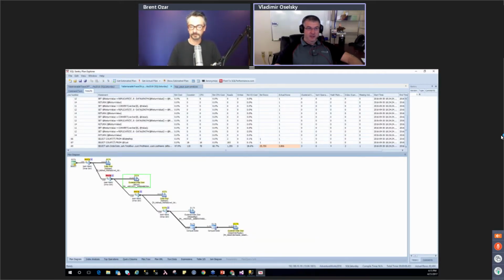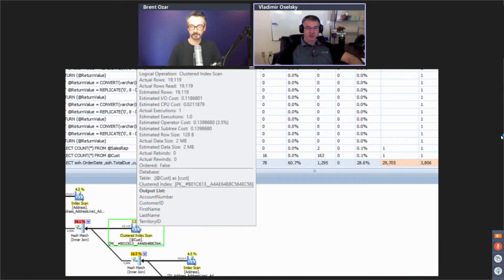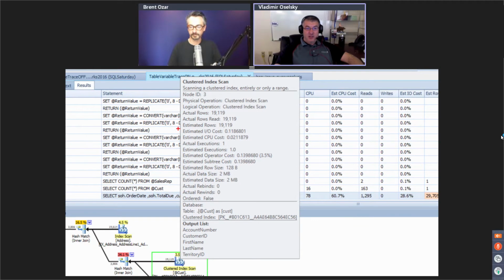And if we look at what's going on here, we'll actually find that estimated row count and actual row count are identical, even though just before selecting from that same table variable, we're only getting one estimated row versus the whole, everything.